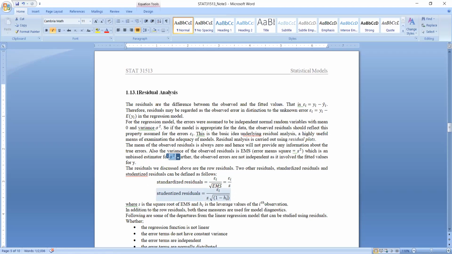Here, this h_i is known as the leverage value. So we will discuss later how to calculate this leverage value. But you can use these standardized residuals and studentized residuals in order to conduct this residual analysis. Okay, so